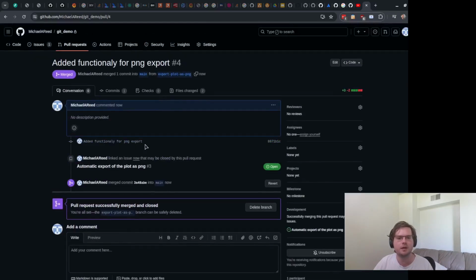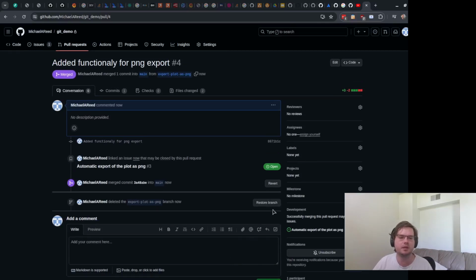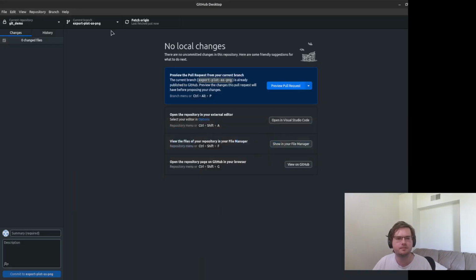Okay, so now that we've had that main branch, one other thing that I'll note here is you can delete the previous one if you want to, because now we don't really need it now that we've merged it back into the main branch. I'm going to go up, fetch origin, and similarly, I actually didn't need to publish that branch. That's just adding it back again.